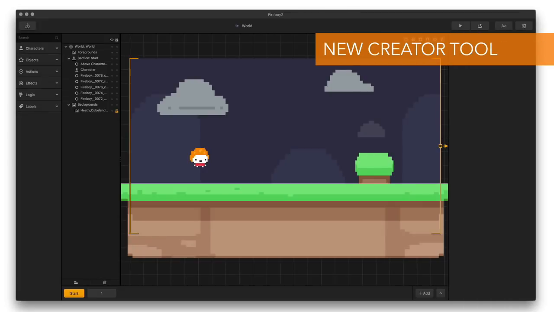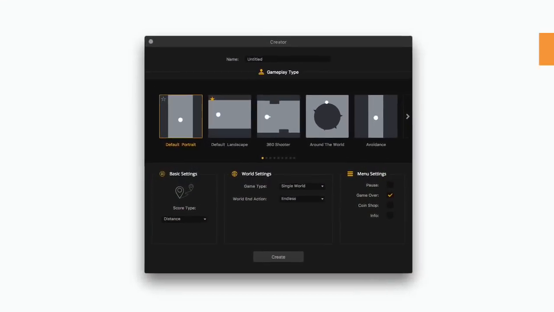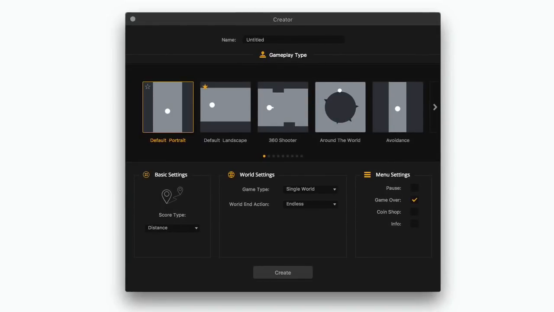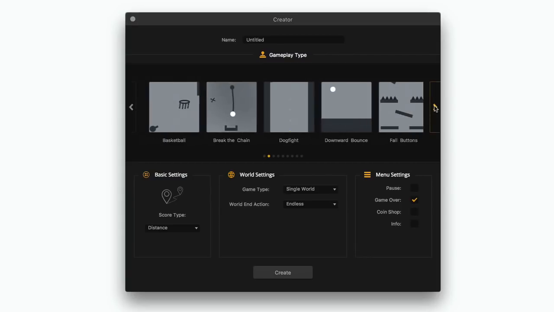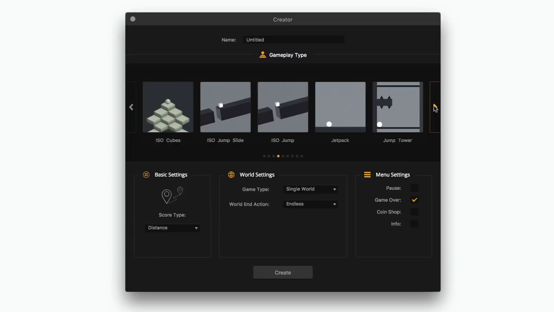The first feature I want to show you guys with Buildbox 2.3 is the new creator tool. And this is great. As you can see, it's a total redesign and it actually shows you the different gameplay presets that you can choose before you start and play them. You can also favorite different presets so you can easily access them in the future. So we're excited about this as it makes it even easier when you're trying to decide what type of game